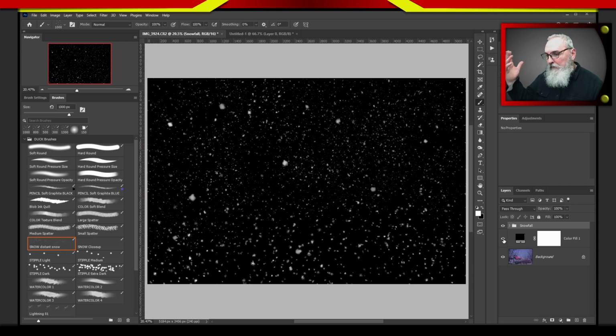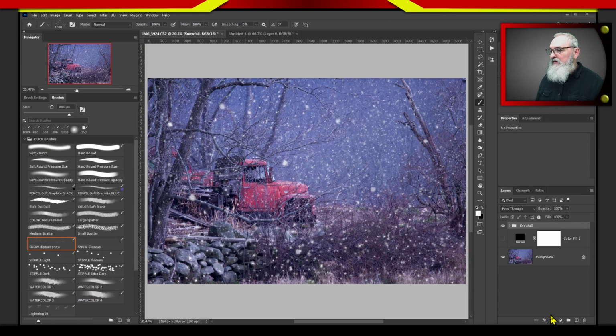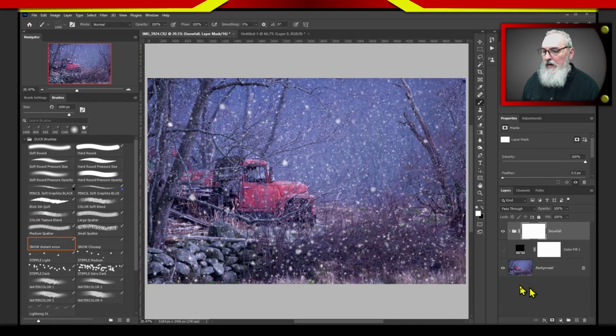Okay. I apply my overlay, and now you can see how much denser that snow is in front of the truck. So now I've got to say to myself, okay, I have way too much snow covering my subject. I want my subject to stand forward a little bit more. Now I've got to go ahead and create a mask. All right, get a nice soft round brush. Okay, black as my foreground color, and I have to now tone down